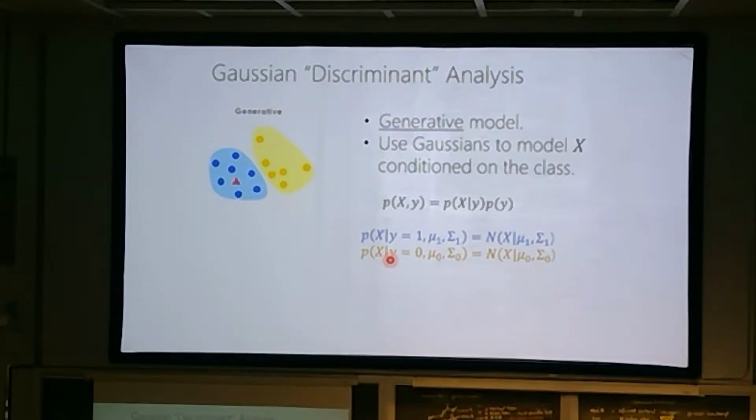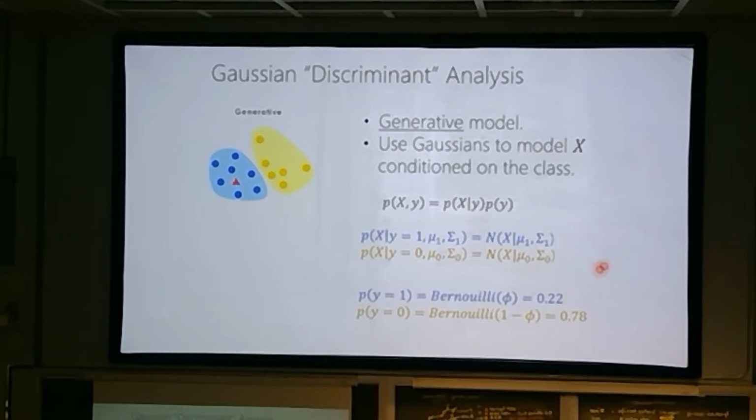And so I have a Gaussian density for the first class with its own mean and covariance, and I have a Gaussian density for the second class. That's basically Gaussian discriminant analysis, except that we're going to talk about it for another hour or so. And then, as I said, the P of Y term is pretty simple. It's just like a Bernoulli, so it might have a parameter just on the probability that it's each one.